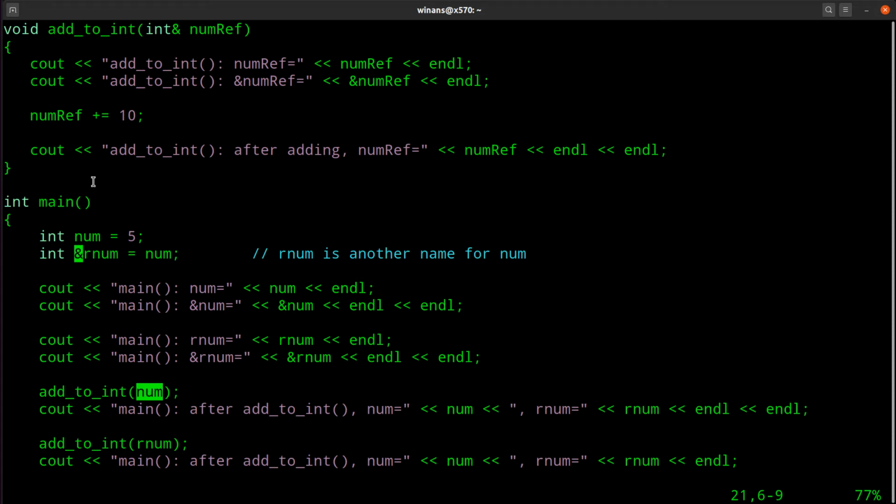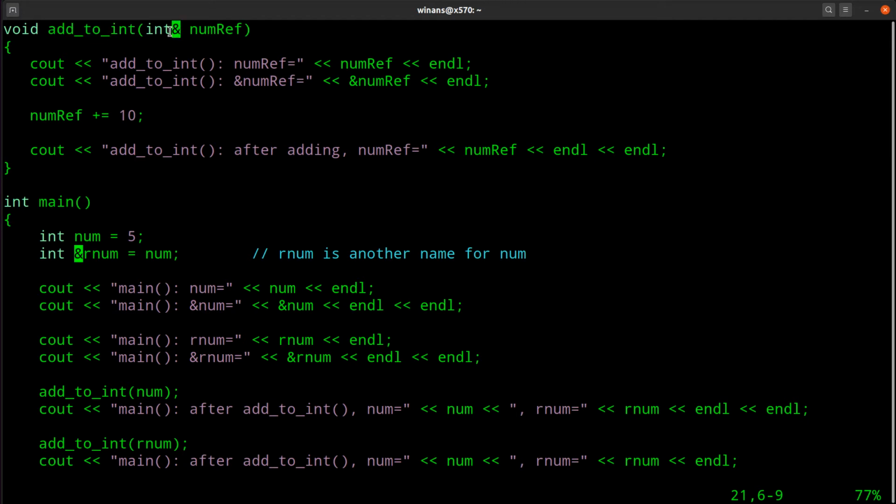So if you naively wander through your program and you call this subroutine and pass num, and you're a C programmer, because C does not have references, there would be no way for this function to modify the value of this num variable simply because you did not pass it the address of num. But in C++, because we can kind of steal this reference to this argument, this function can modify it